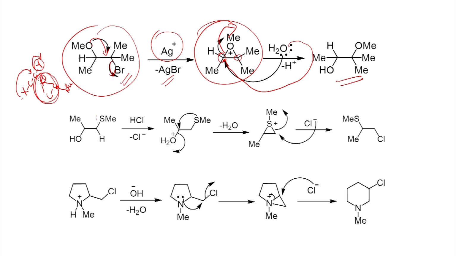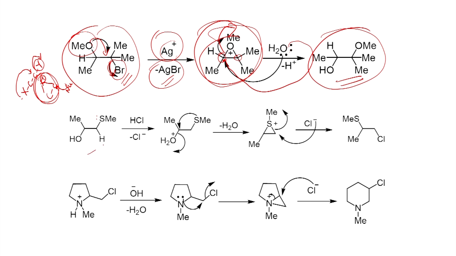In this, the removal of halogen can be carried out by the silver cation, and this can be assisted by the lone pair present on the oxygen. The methoxy group can act as a neighboring group. It can assist to leave this bromide with its bond pair. So you produce silver bromide and generate the cation intermediate. Now, in this unsymmetrical one, water can react with this carbon since it is less substituted, and you will get this alcohol as a product.